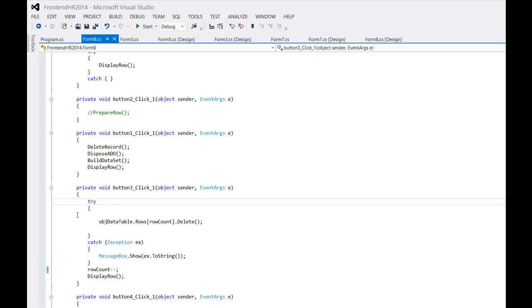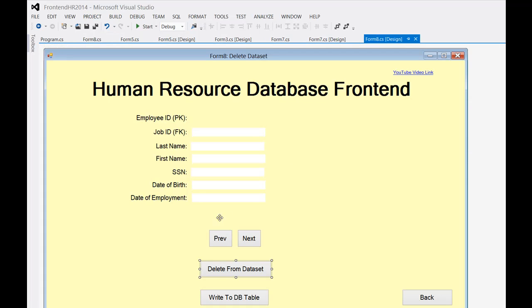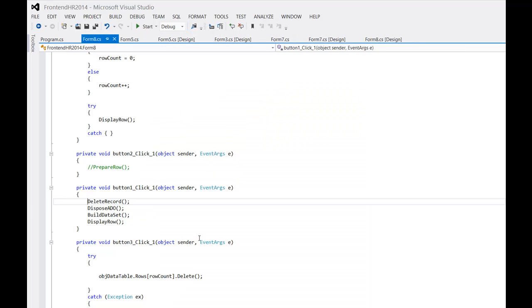And when it does that, I'm having to make some adjustments to my row count, and I think I need to clean that up just a little bit, and then display the next row. Okay, so that way when I get all the navigational controls tweaked properly, I should be able to delete a record and up pops the next record. Okay, so this is dealing with changing the state of the data set,